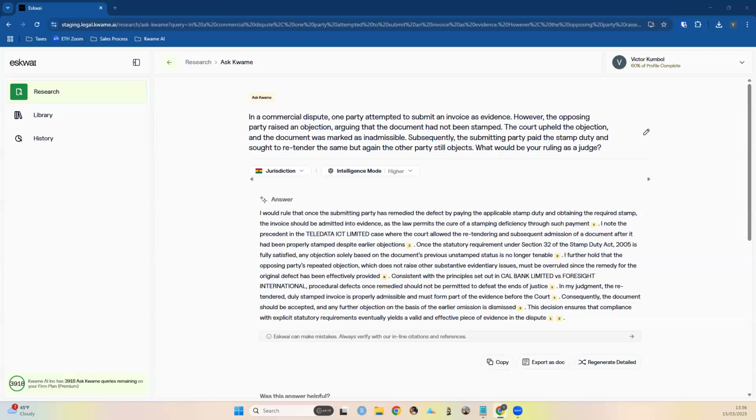The easiest way to do this would be to have partnerships with the university so that lecturers can curate on Eskwai, because we have the cases and legislation. They can just create the folders and then it'll be available to their students. I think that would be one way to accomplish that. Partnerships with universities. Okay, that's a good suggestion. Thanks.